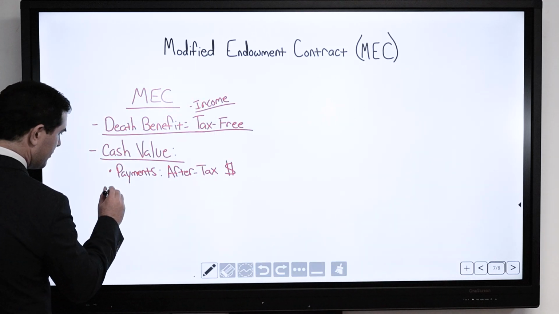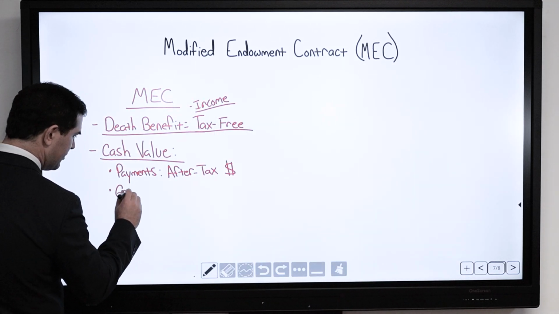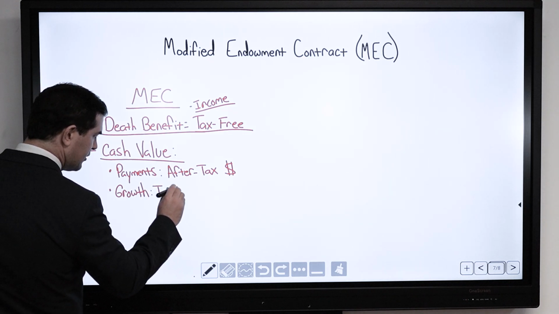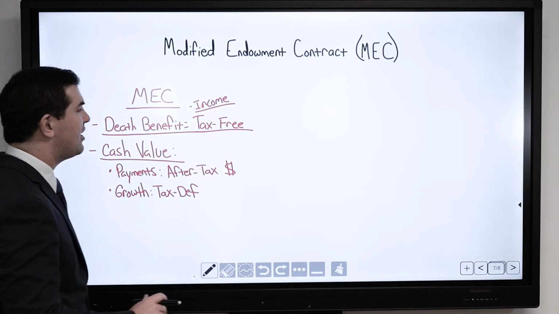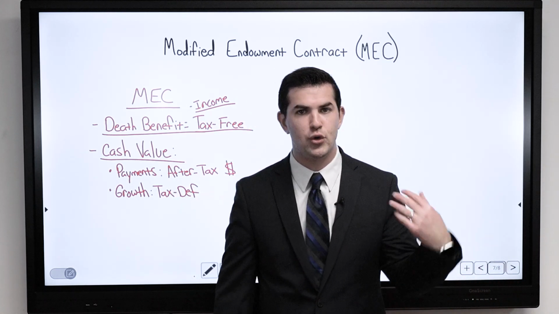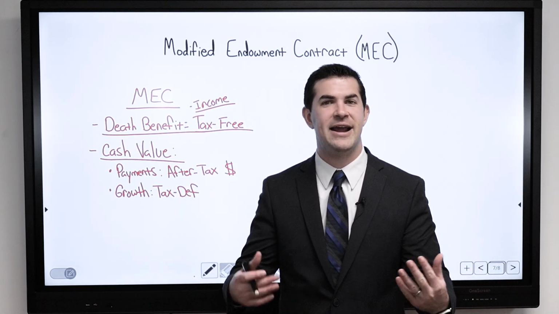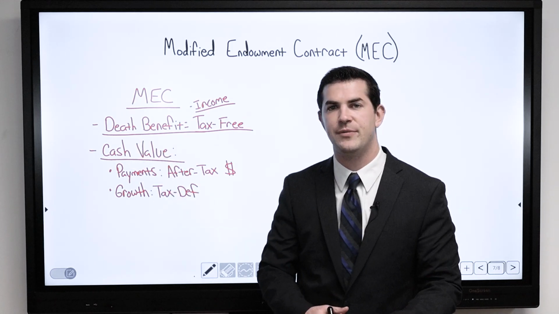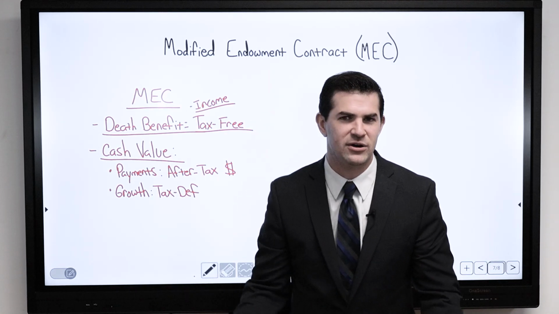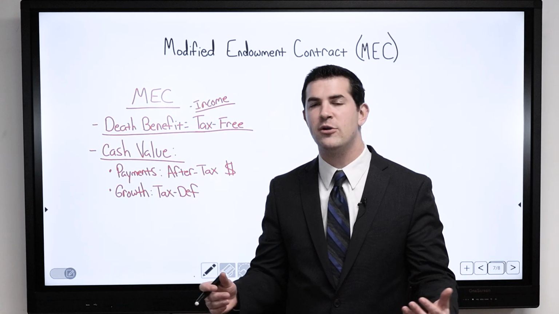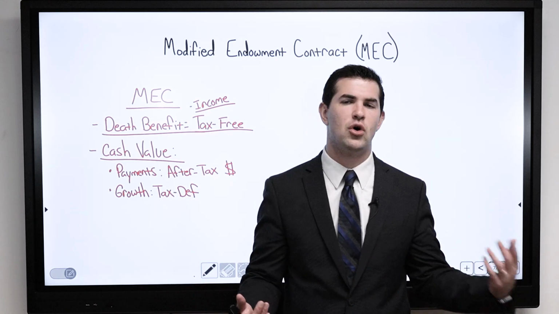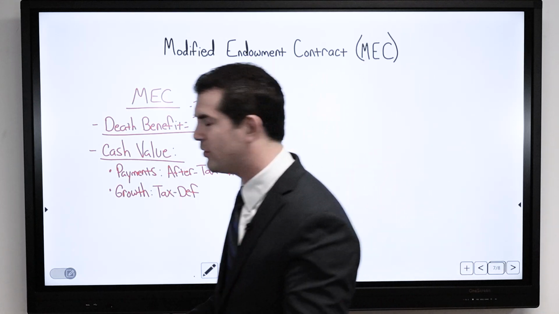Now, the growth, like a non-MEC policy, is technically tax deferred, meaning if I did not touch my cash value, if I have a modified endowment contract and I just keep slugging money into cash value, I don't touch it, and I die, the death benefit's still paid out income tax free. Meaning, if I'm just stashing cash away and I have no need, no desire to touch the cash value whatsoever, well, that could be one situation where potentially a MEC might be okay. It might work. A MEC does not mean it's always a bad thing. It's good to see it up front depending on the situation.